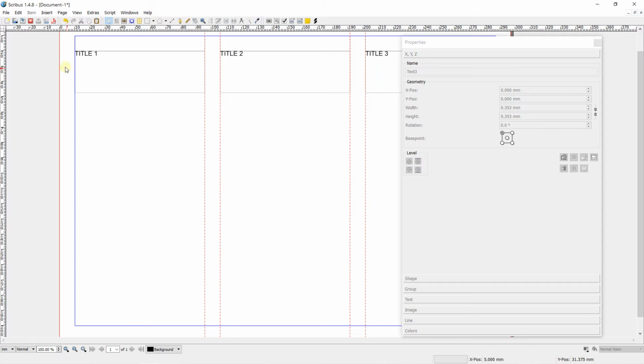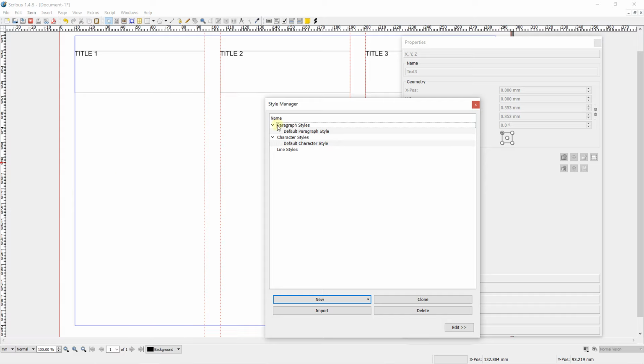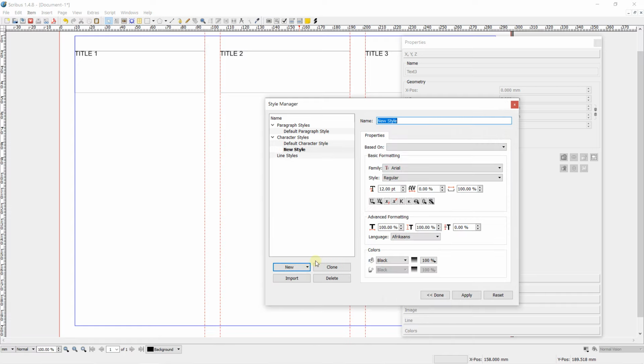Now if I want to add a style, I go on edit, select style, and you can create a paragraph style or a character style. First, let's see character, click on new, character style like this, and it's going to be title.